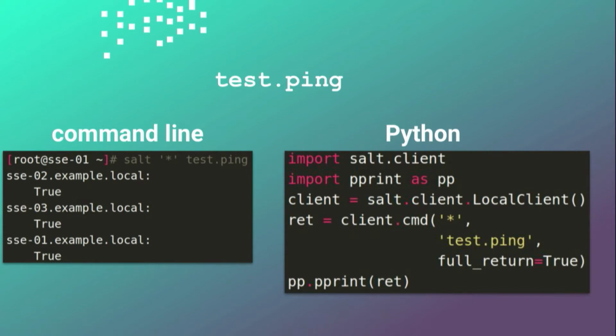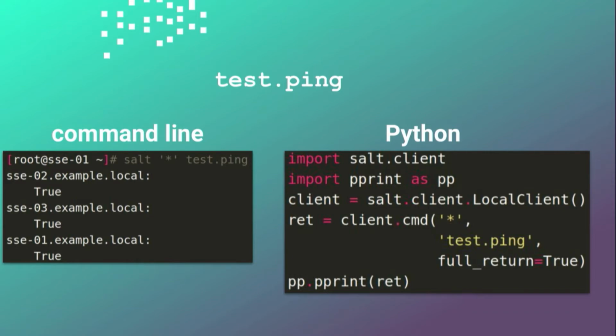So on the right-hand side, you see we come up, and you can see the normal. Your first parameter is going to be the set of targets that are going to receive the job. The next part is going to be the functions that they need to run. And the last one is optional, but I always use it because it standardizes the return data.